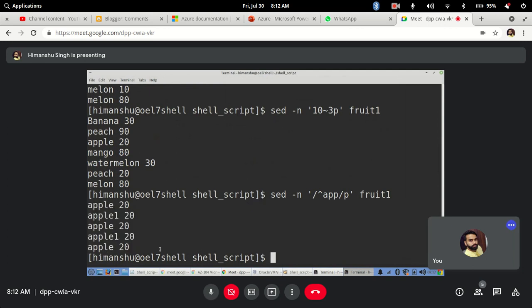Got it? You can do the same using VI also, but the only difference is that here you are not opening the file directly. Yes, the capital APPL is also there, but that will not come here.